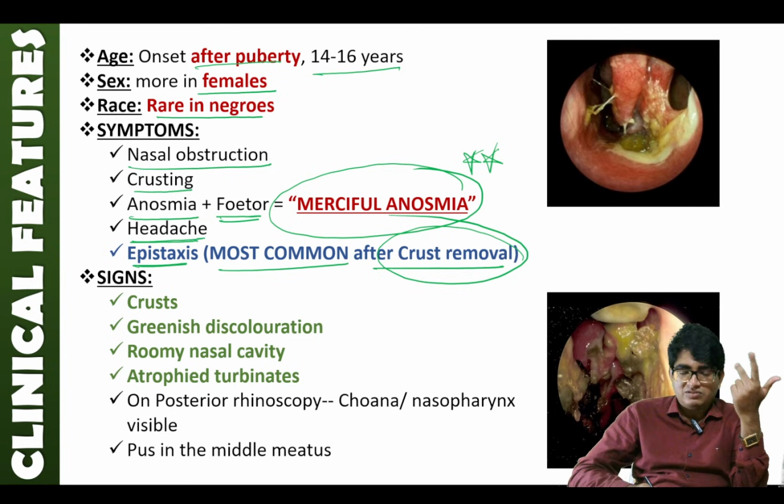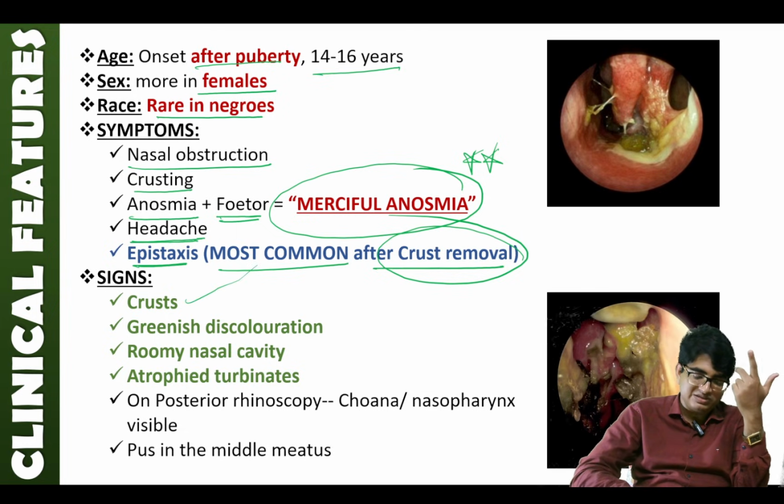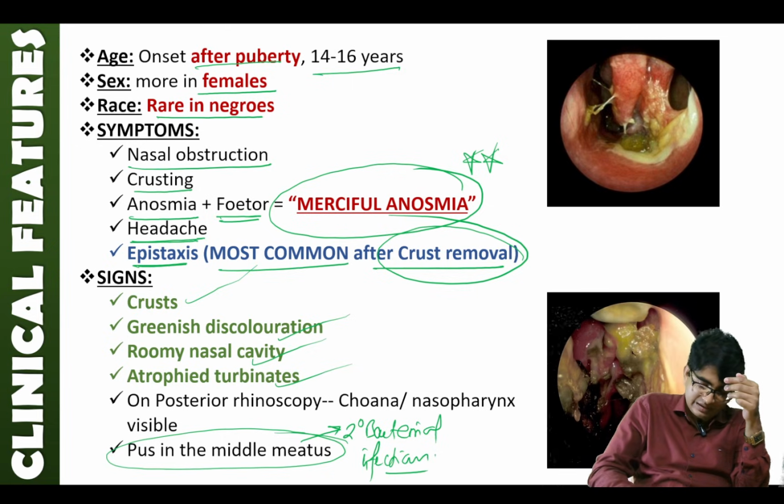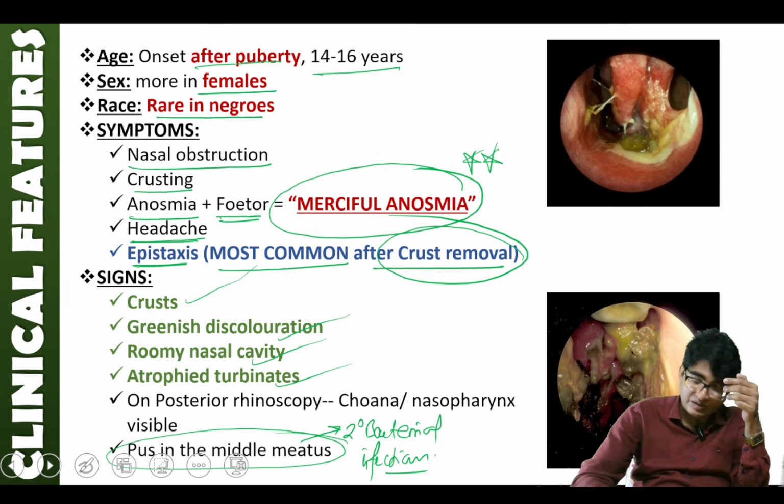Okay, on examination there are crusts, greenish discoloration, roomy nasal cavity, atrophied turbinates obviously, and on posterior rhinoscopy everything is seen and normal. Pus in the middle meatus can be seen if and only if there is secondary bacterial infection, correct? Now in this picture you see there is greenish discharge